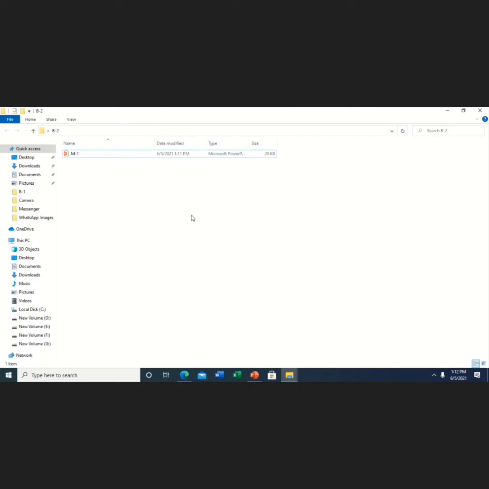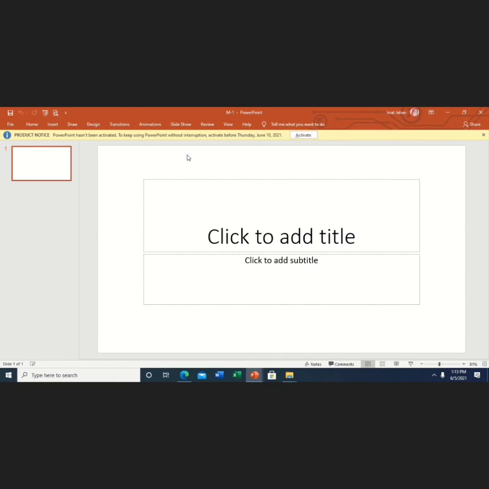Now I want to open the Microsoft PowerPoint presentation file. Same way, double click on the Microsoft PowerPoint presentation file or PPTX file.